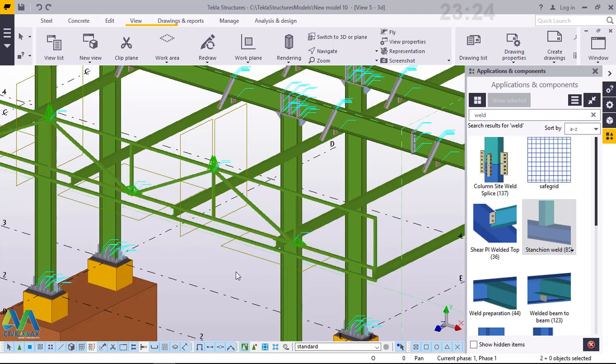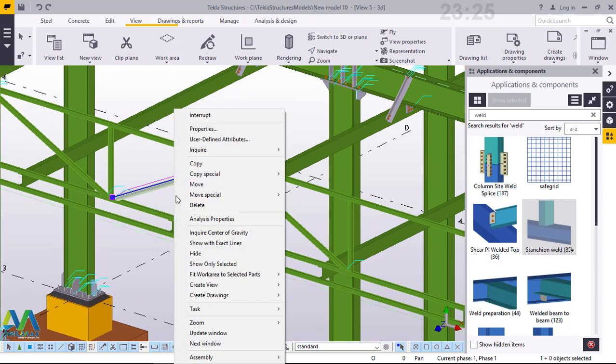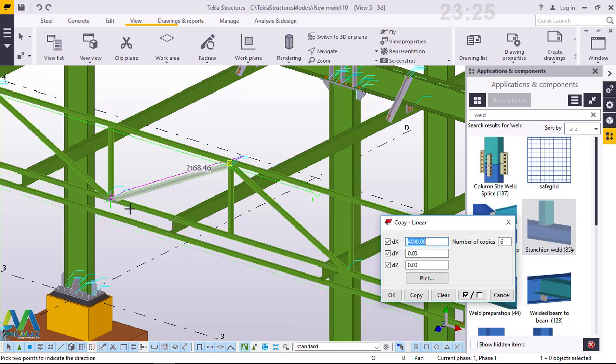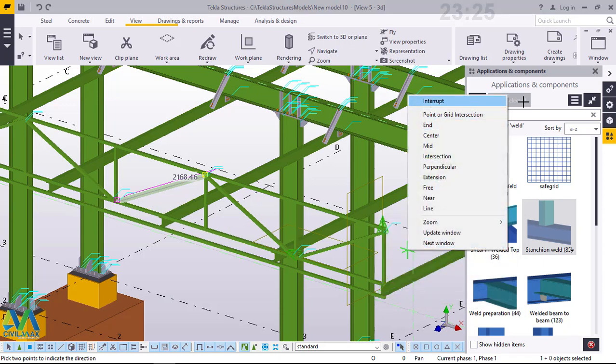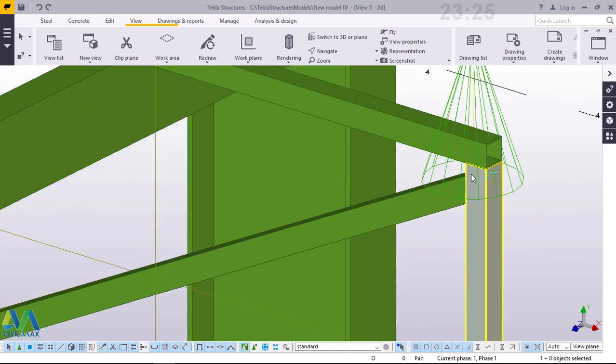One is left, and what we'll do, we'll come to this one, pick on it, right click and come to special copy here and pick linear, then give it a 4 meter linear copy. We need 1 and click copy. Give it an OK right here, and we'll close this. This has no use for us now, and it has copied, but